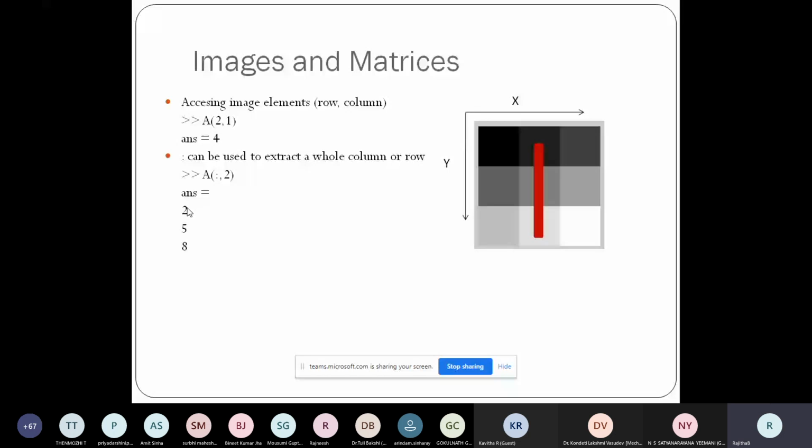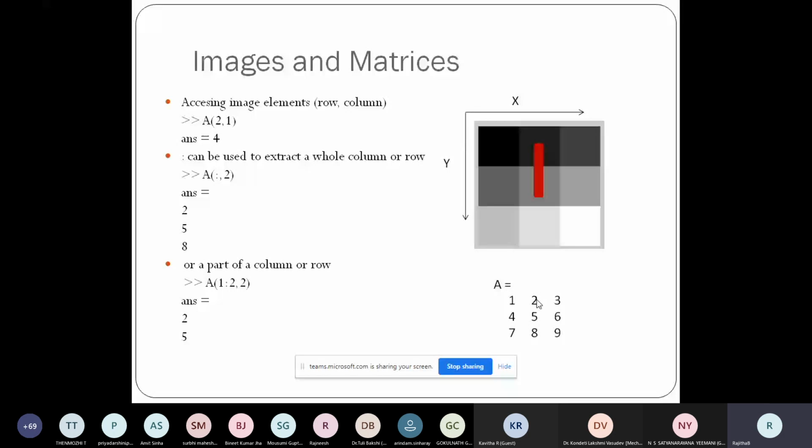Okay. Similarly, if I want only particular row or column values, it is very simple. Suppose I'm typing A of 1 colon 2 comma 2. So I'm actually talking about, see, this is my matrix, right? I'm talking about the second column and the values from row 1 to 2.